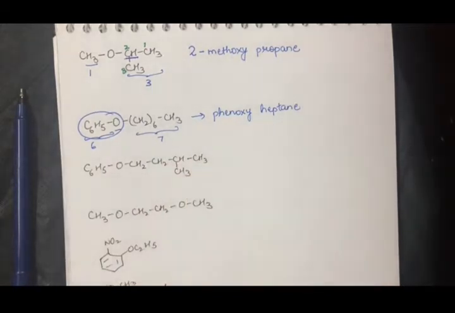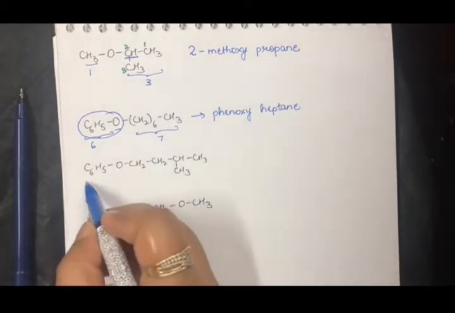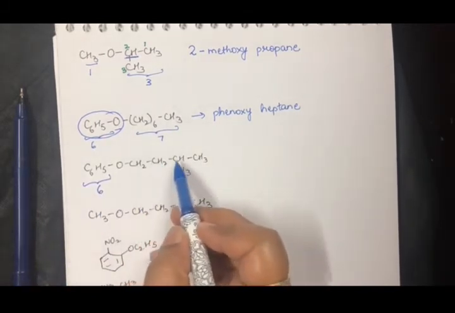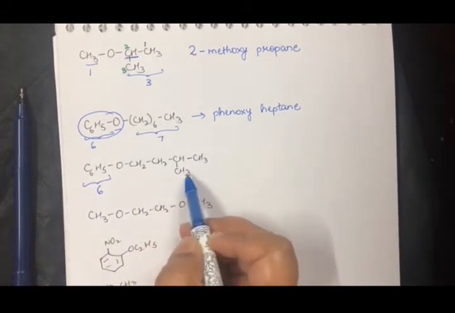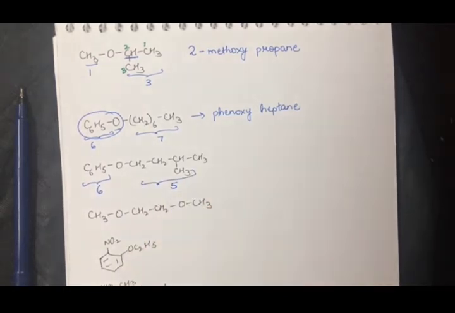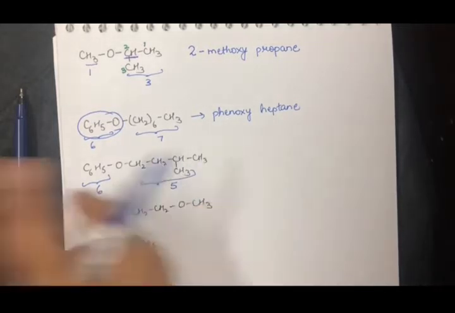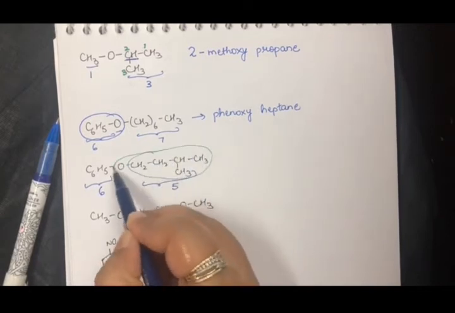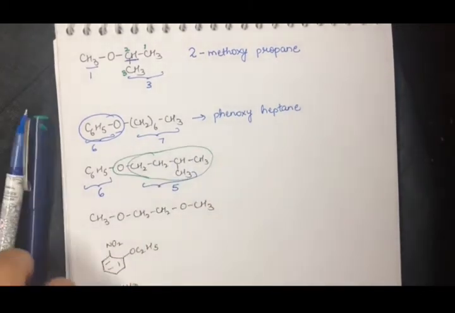So yes, again, the terminal carbon of the alkane chain is attached to my ether, so I do not need to number. Now the next, here again there are 6 carbons and this side there is 1, 2, 3, 4 and 5. Right? So which one is going to be your alkoxy chain? This one, because it is having 5 carbons. So here is your chain.